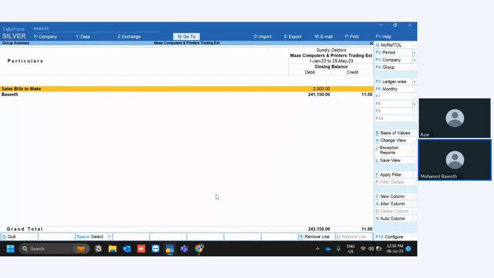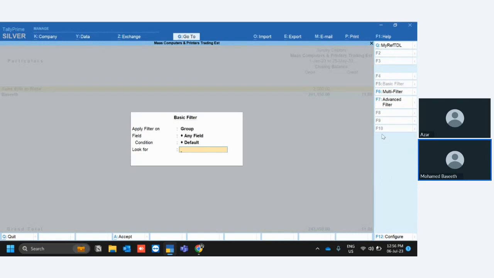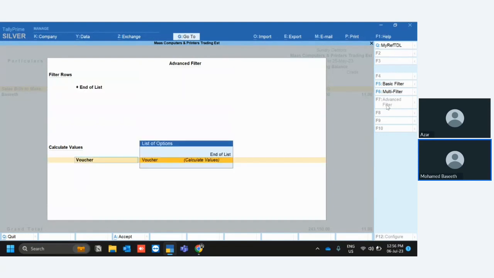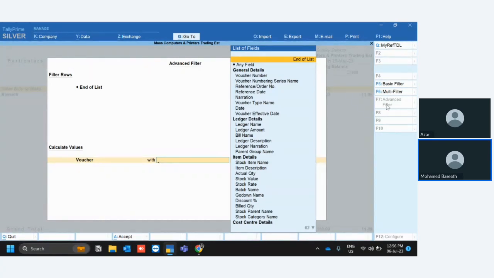Now I want to apply a filter. I will choose advanced filter. Now I don't want to apply the filter at the group level. I want to apply the filter at the voucher level. Now I want to choose cost center name equal to